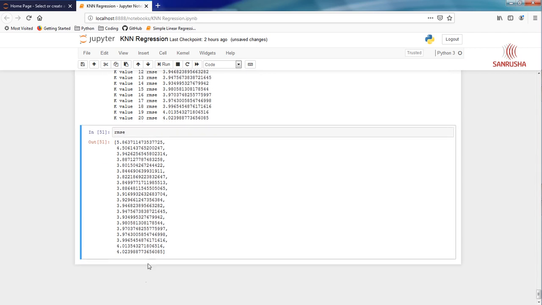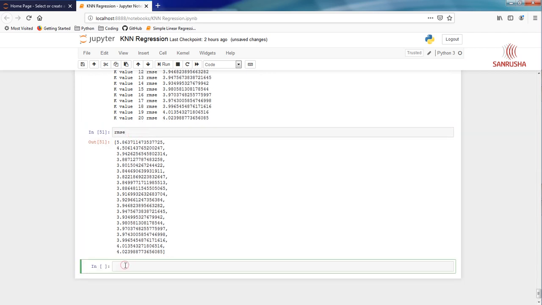Yes, I got those values. Now I can draw the plot. Let's say curve plot equals pd.DataFrame RMSE, and then just curve plot dot plot.